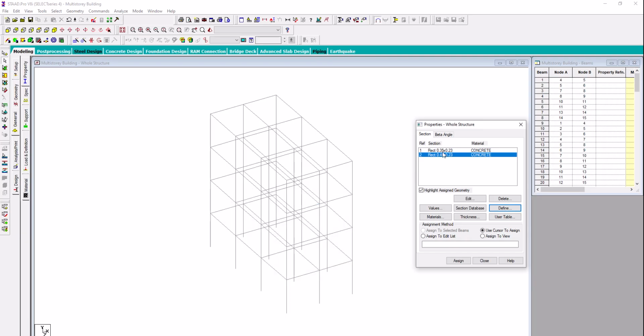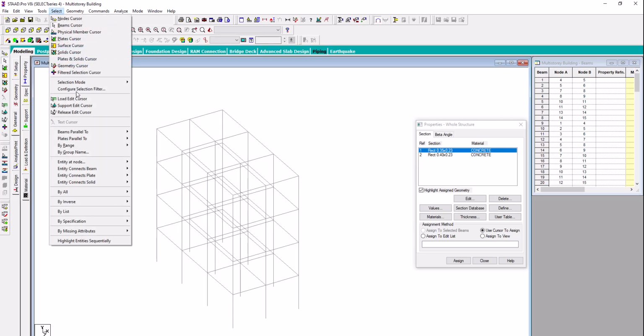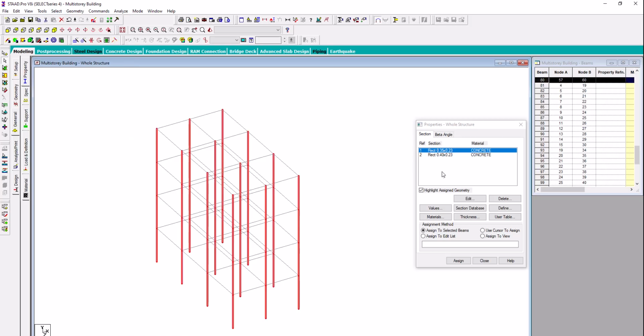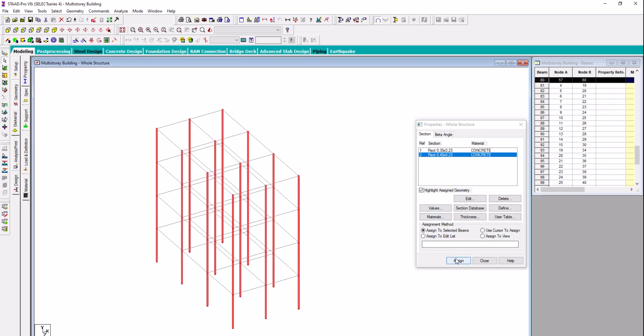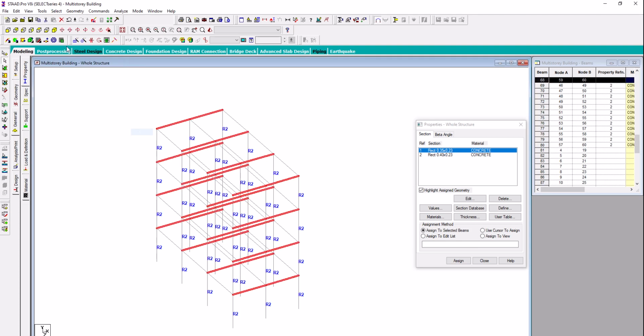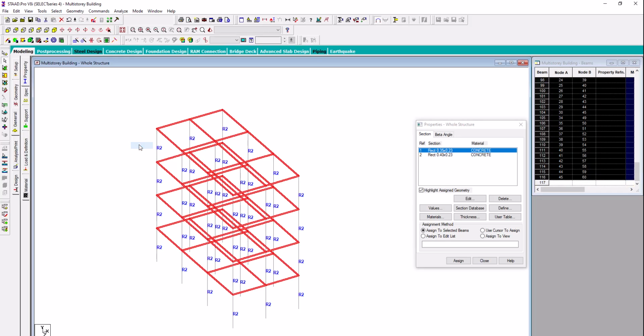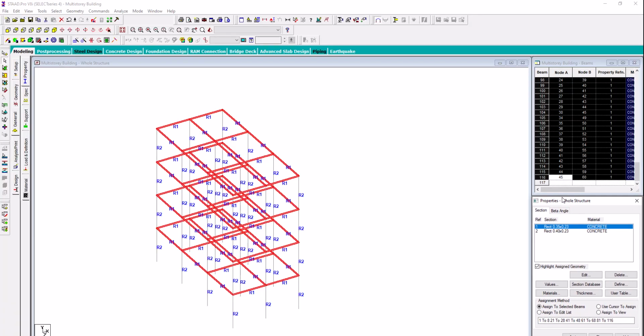So now I have created the beam as well as column. So I will assign these properties to the model. For that, I will select beams parallel to Y, so that the columns will be selected, right. I will assign these beam properties to the column, and then I will select the beam property, and I will select the beams parallel to X, and the beams parallel to Z, and then again I will assign these properties to the section. So once I complete the assigning